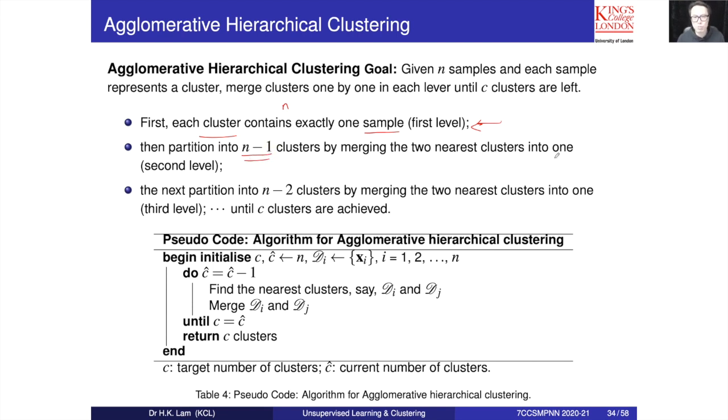And then we repeat this process. Pick those two clusters that are closest to each other and group them, and then n minus 1 clusters become n minus 2 clusters, and so on. This is the overall pseudocode to do this. Before I explain this pseudocode, I'm going to define how we say clusters are nearest. That means when we have two clusters, Di and Dj, how do we measure the